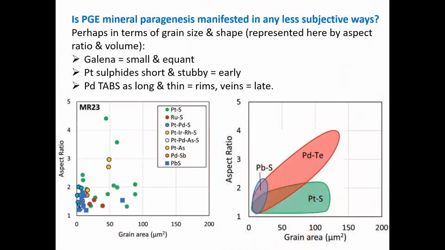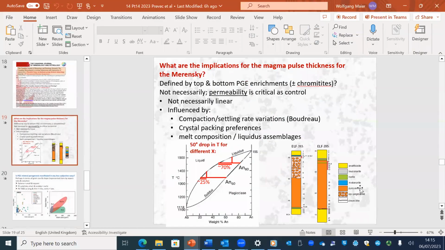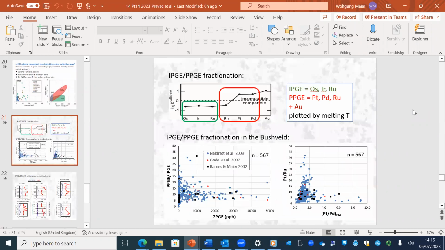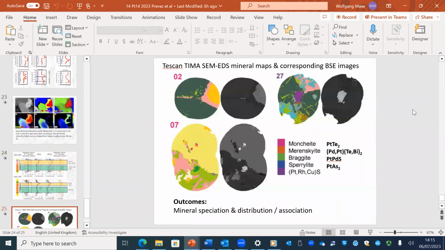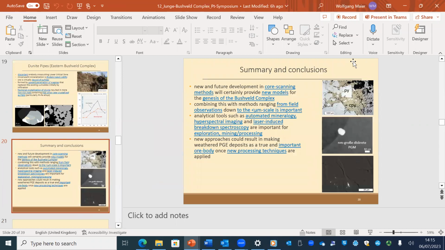Very quickly, regarding the question of whether the Bastard Reef cuts down into the Merensky Reef, that's been a big debate, of course, and these descriptions of these feeder relationships have been at the core of arguments against the sill model. However, as far as I know, I've never seen the Bastard cutting down across the Merensky Reef, and as far as I know, the evidence that Rice cites comes from 2 sketches of mine geologists in 2 books. There are no photographs, as far as I know, Rice. Nobody has really ever seen this that I know. These papers are all rather old. I don't know whether these people still live. So, you know, I think at least we should